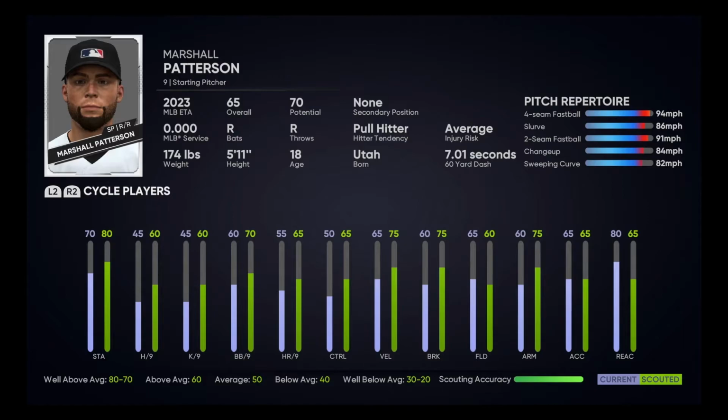He also has the changeup and another sweeping curve. So he has the sweeping curve and the slurve. That's going to be a really nasty combination. I really think Marshall Patterson is going to be a solid pitcher for us. He's only 18 years old, like I mentioned before, born out of Utah. I think he's going to be a solid pick, and I think we kind of got him for a steal